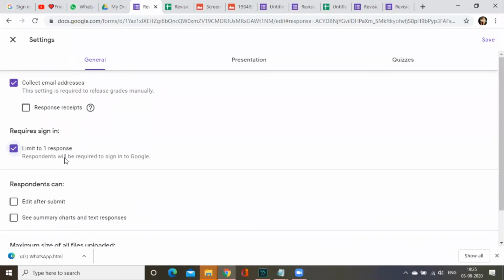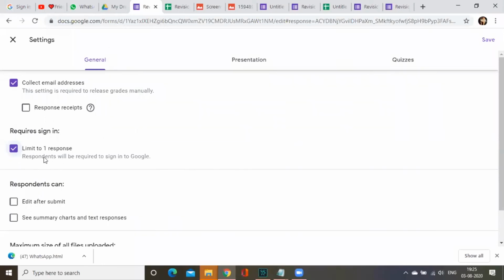Actually, I don't think this is required for the lower classes, because when you click limit to one response, it asks students to sign in with an email address, and I don't think all the lower classes have email addresses. Better for the second question paper, the higher classes can go with this option.